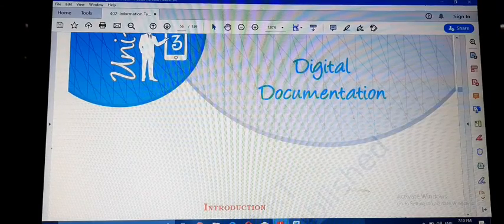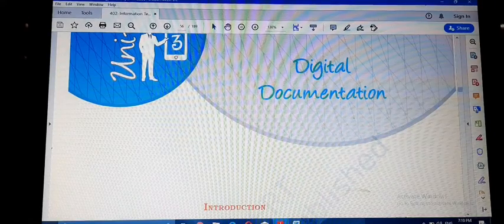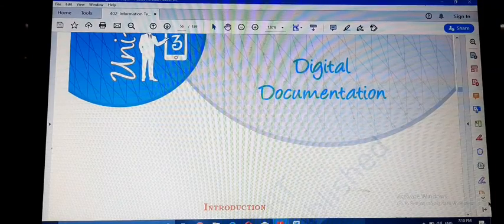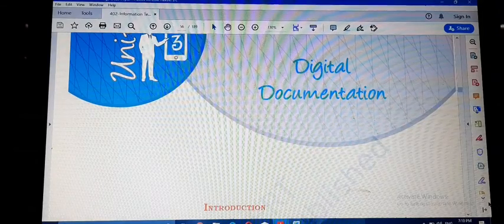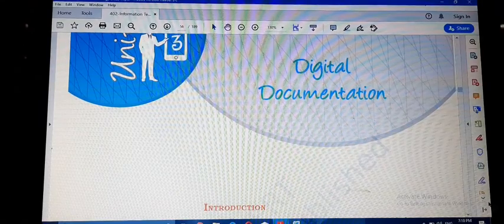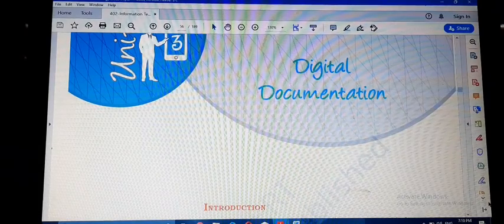And third one, formatting a document. Generally we format the document to enhance the look of the document, to make the document more eye-catching, more beautiful. Using a word processor, you can do all these activities.